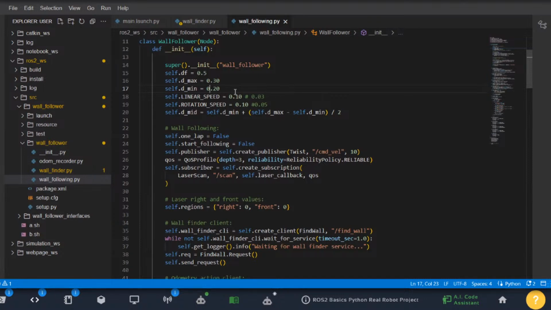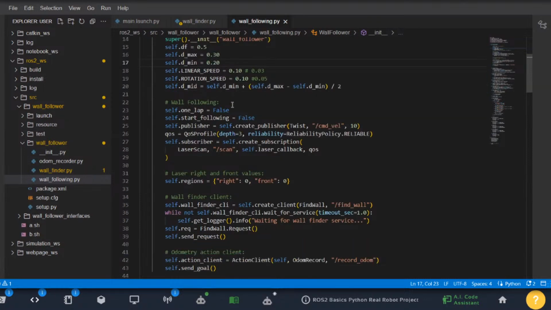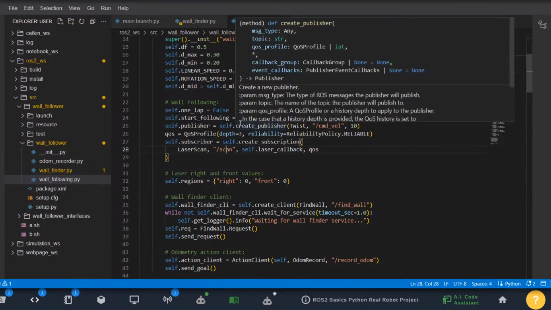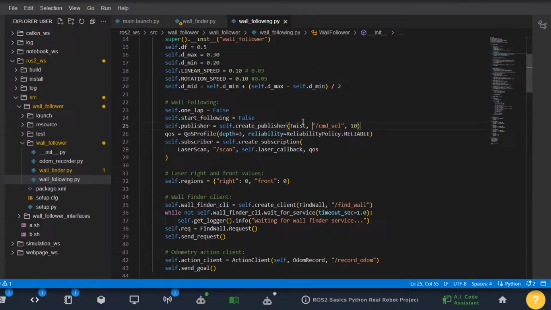The wall follower by itself, the only thing it needs to follow the wall is to subscribe to the laser. So it has to know what is the distance to the obstacles, and will publish to the velocity topic. The same behavior as the wall finder. What we need in this behavior, and this is the main node, the node that will control everything,